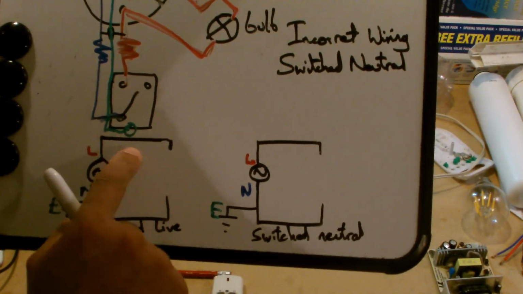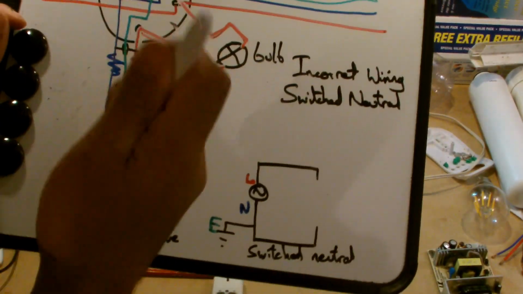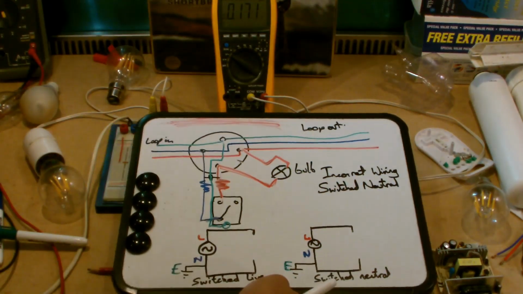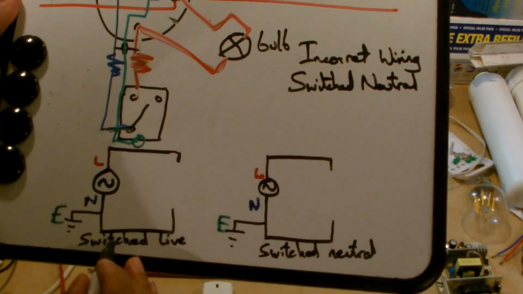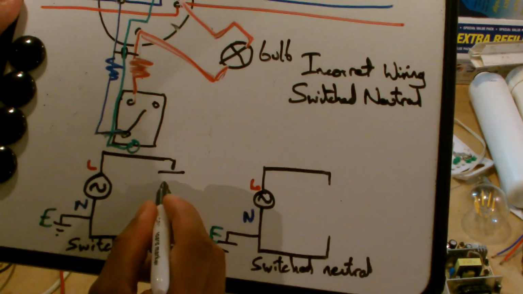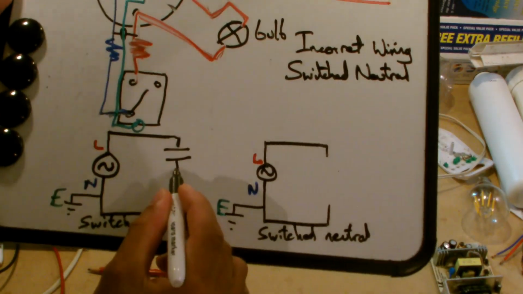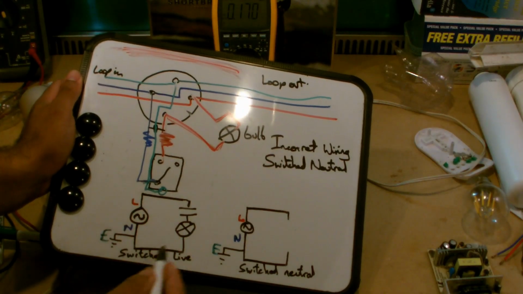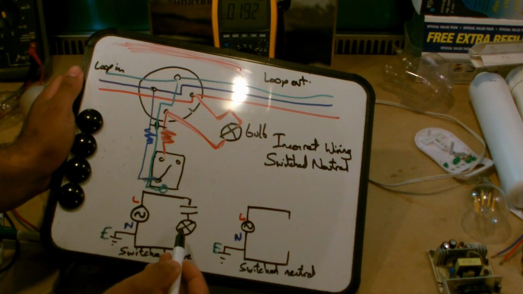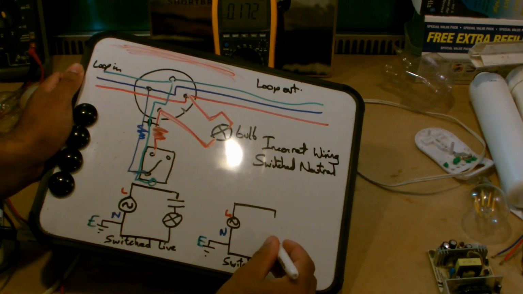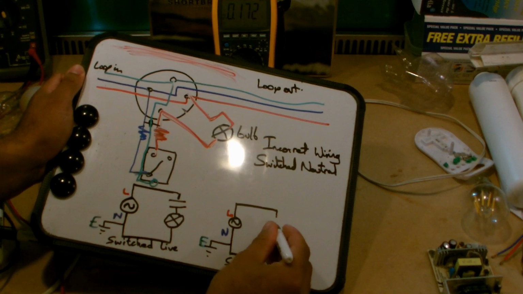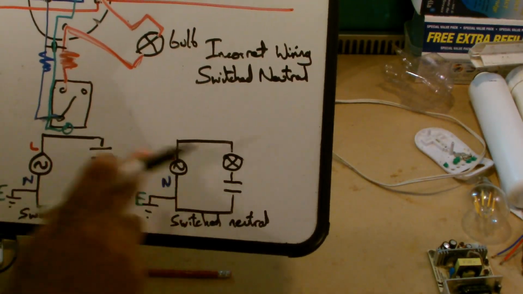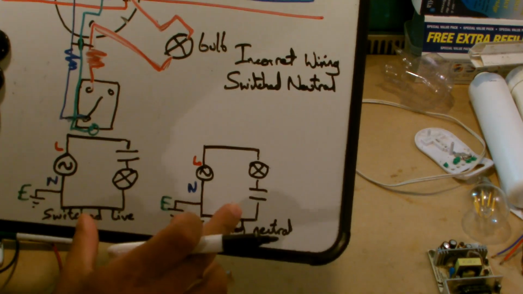One of the things that I was going to draw here, which I better draw now, is that we have switch live and switch neutral. So if I draw that, with switched live, I would have had the equivalent of my long line there, and I would have had my bulb here, like so, and of course the current went round and lit the bulb. Switch neutral is the cap here and the bulb there. As you can see, the only difference between the two is the cap on the other side, and as I said, there has to be something different.